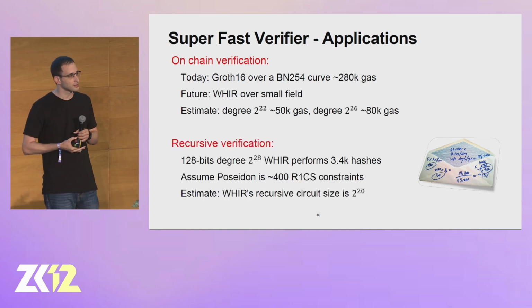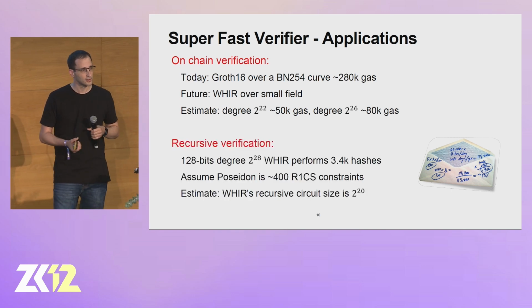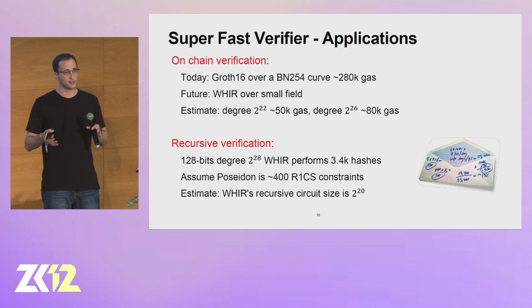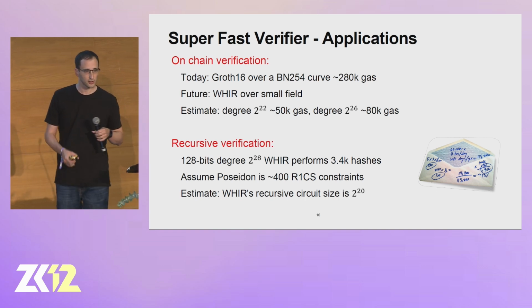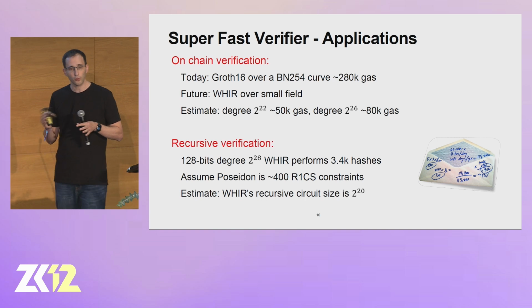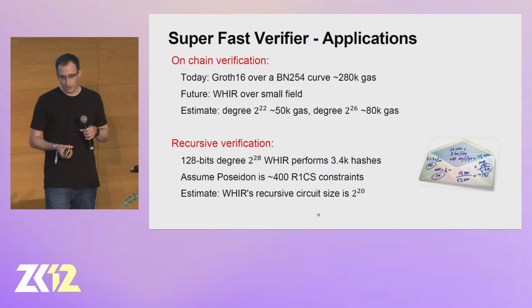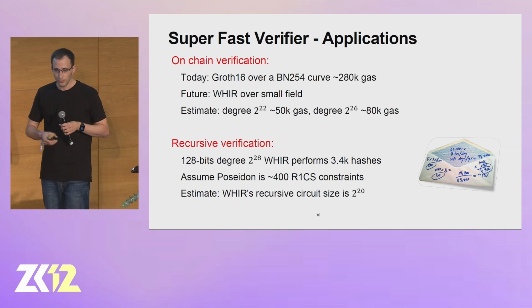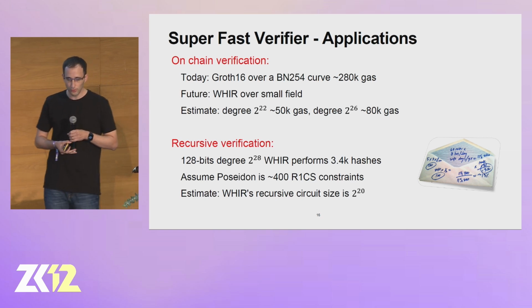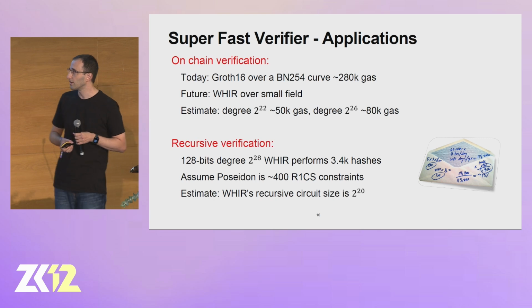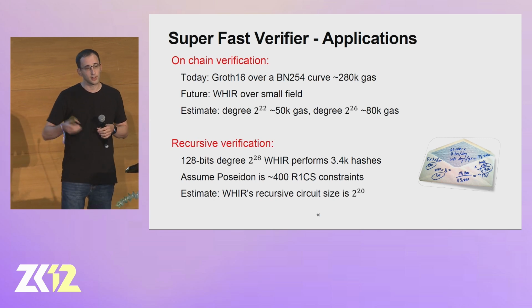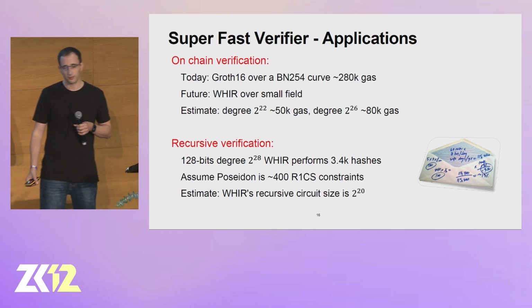Okay. Second, of course, is the recursive verification. So if you use WHIR as the first step in a recursion, in the second step the prover is going to run and prove the code of the verifier. And here we did another set of computation. So here we went for 128 bits of security with degree 2 to the 28, so kind of a large